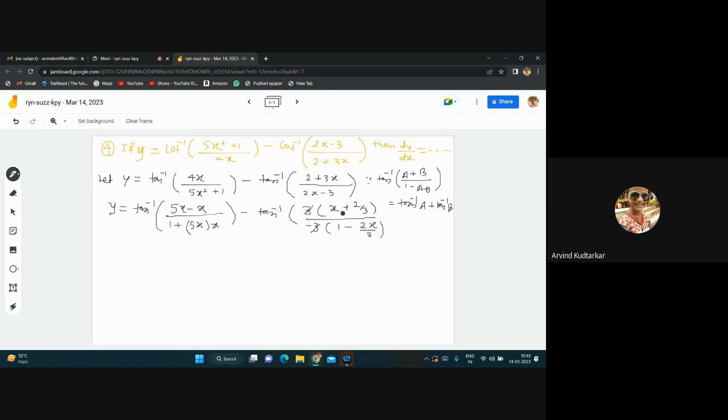You know tan inverse of minus theta is minus tan inverse of theta, so with the negative sign outside, minus minus becomes plus tan inverse of